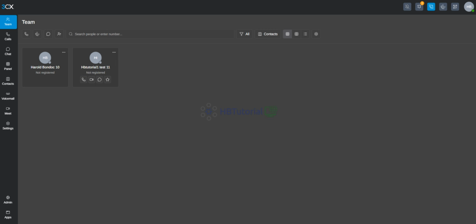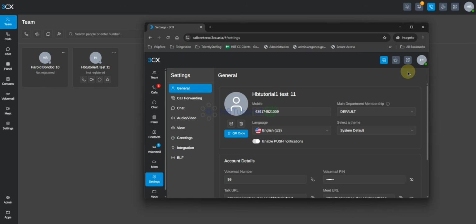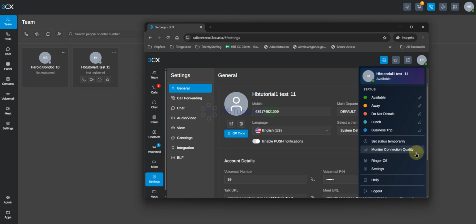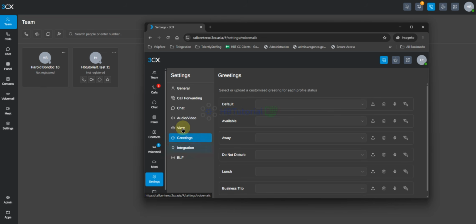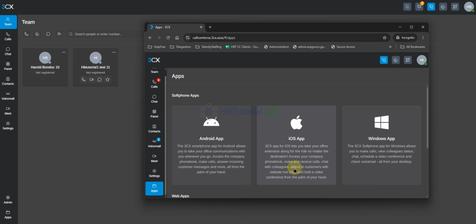So the main thing here is, because it's not registered, you need to download. You need to open this one and then you can get the apps.